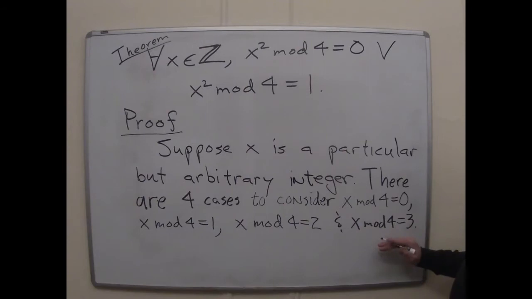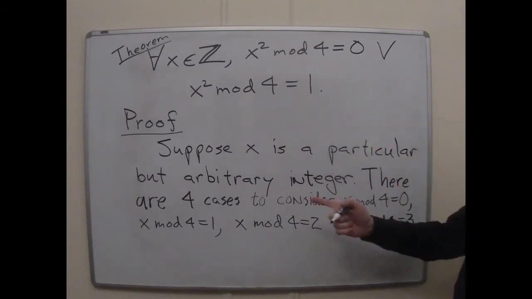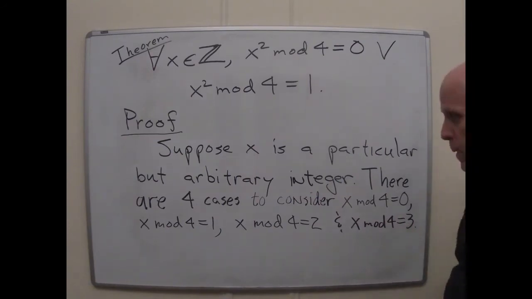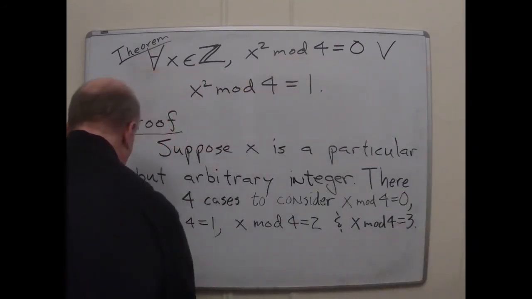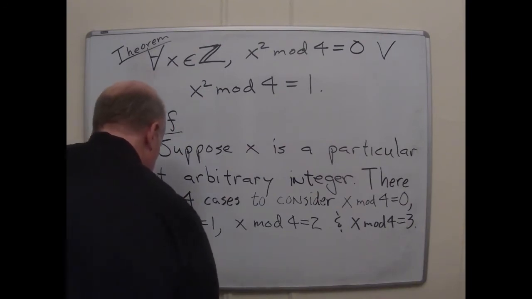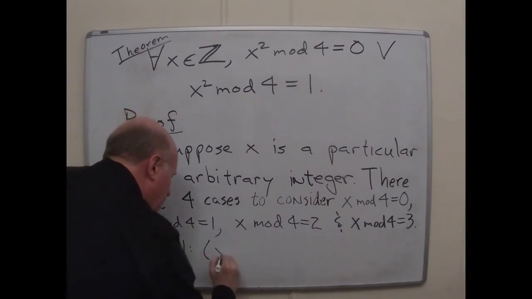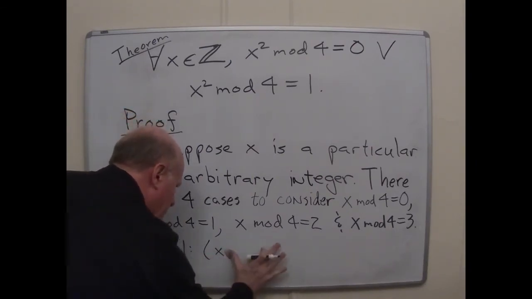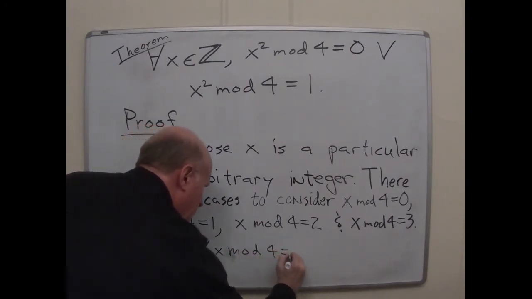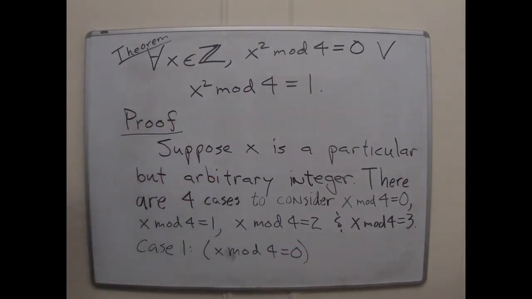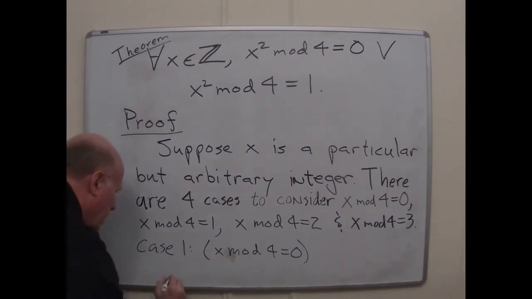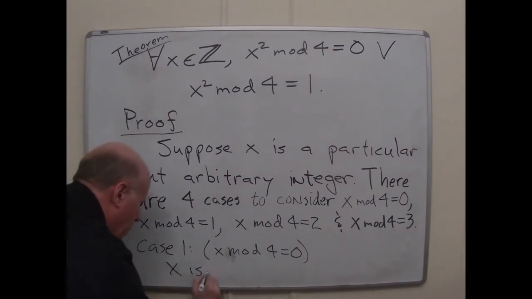Okay, so what we're going to do next is simply do a direct proof of the thing we're after in each one of these 4 cases. So our case 1, and just to remind the reader, this is x mod 4 is equal to 0. All right, so how do we go? Well, since x is 0 mod 4, you can say x is of the form,